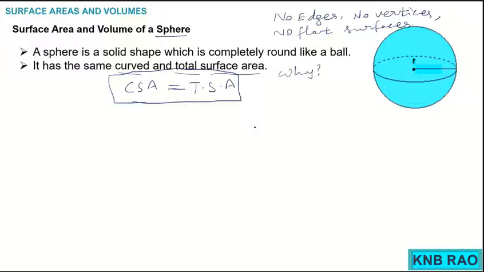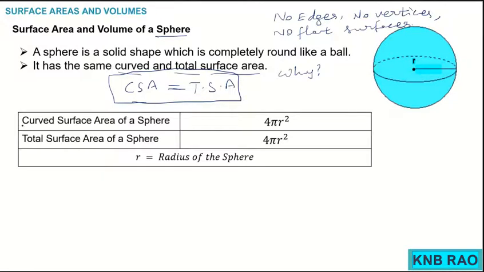There is a formula to find curved surface area. Let me give you formula first and then go for giving you animated explanation why that formula comes. Children, curved surface area or total surface area, which are both same, for a sphere will be 4 pi r square. What does it mean? 4 pi r square means 4 times the area